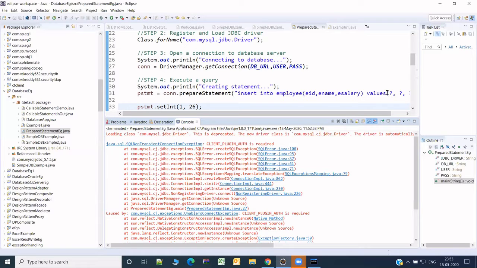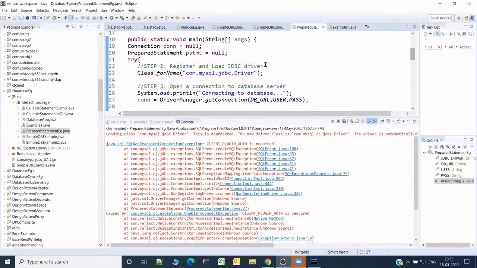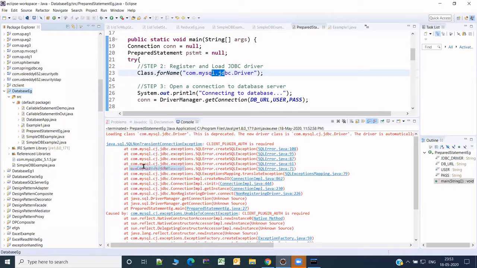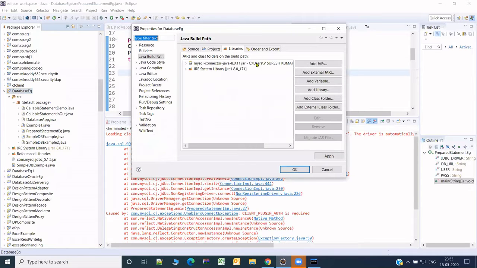The reason is here you are using the old driver and we had already added the new driver. If you observe the previous example which we discussed, we went to the build path, to configure build path, and we added the MySQL driver version 8.